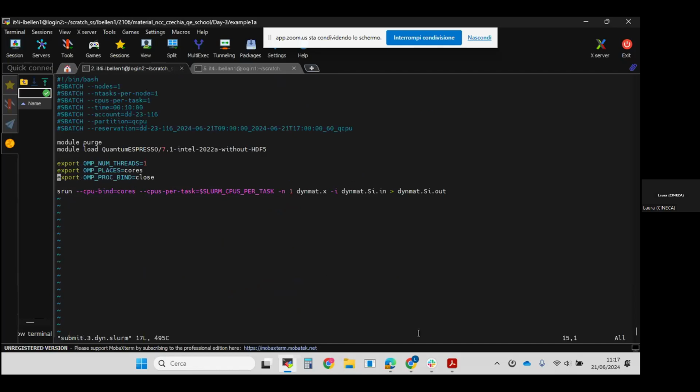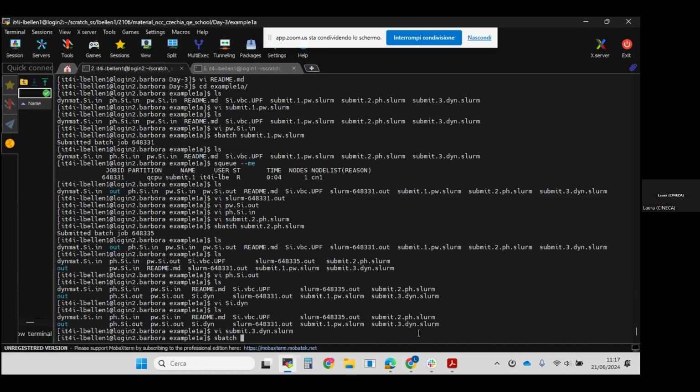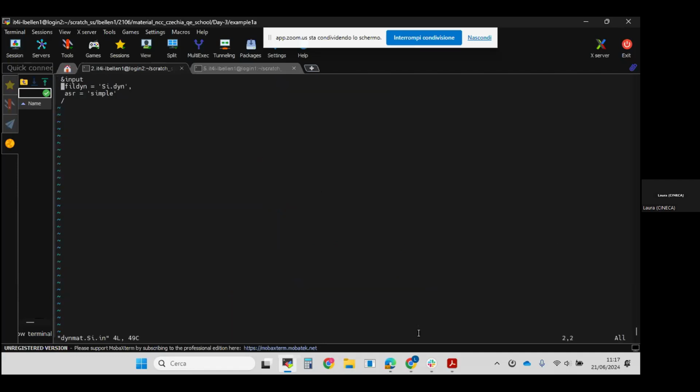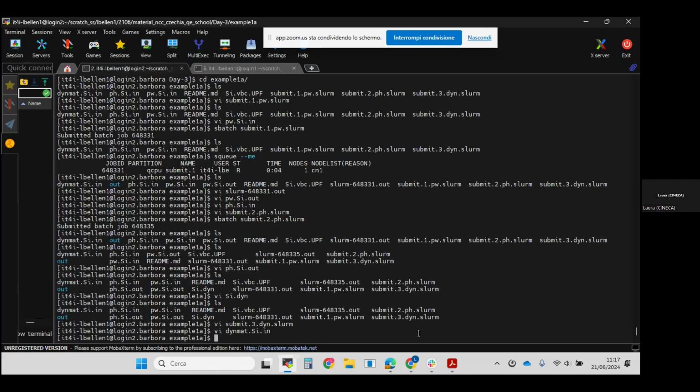You can launch dynmat.x with the srun or MPI run launcher, but dynmat.x is not distributed with MPI. So basically, you can just launch it with one MPI task. Let me just review the input. Here we specify the name of the dynamical matrix file because dynmat.x does not read the output directory, but reads c.dyn. Okay, fine. So if we submit the last step,